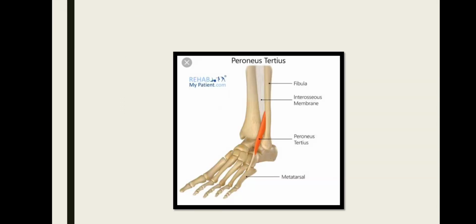Okay, this is the 4th muscle, that is peroneus tertius. Peroneus tertius also takes its origin from the shaft of fibula, okay, shaft of fibula. So in short,